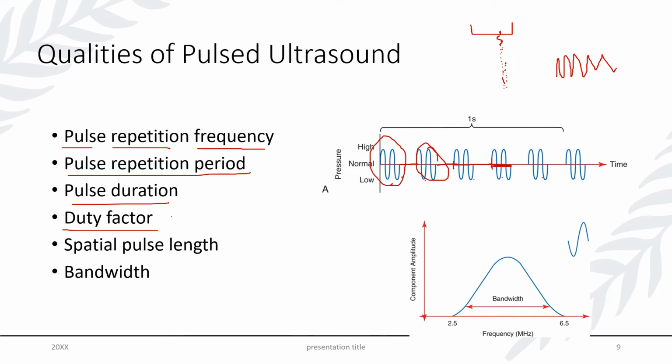The duty factor is the percentage of time that the transducer is emitting sound waves. So if I was emitting sound waves the whole time, my duty factor would be 100% or 1. However, if I'm only creating sound waves about 50% of the time, my duty factor would be